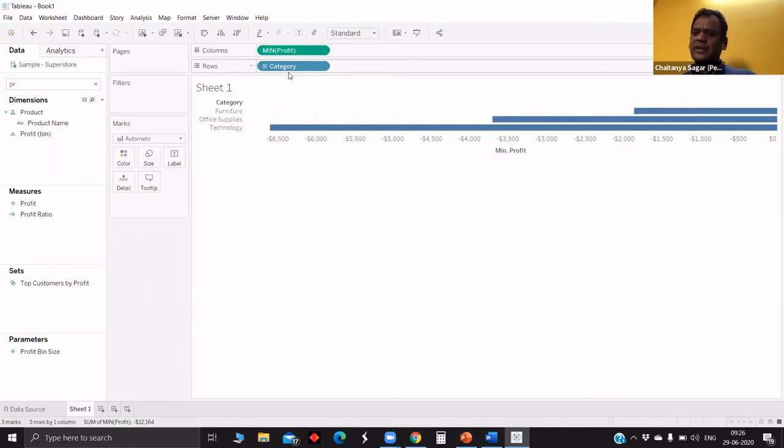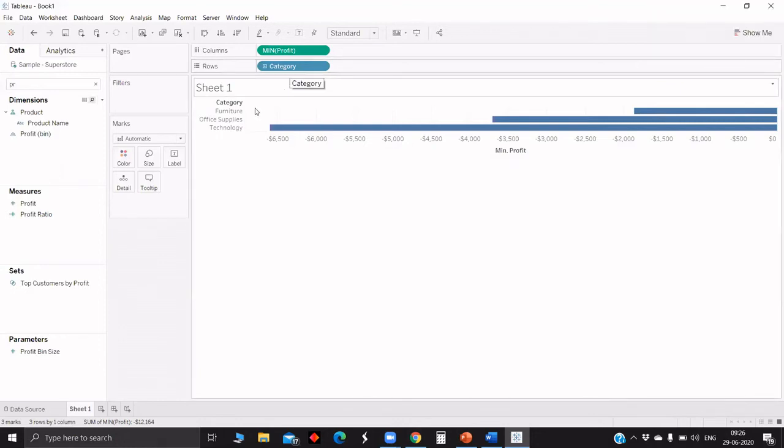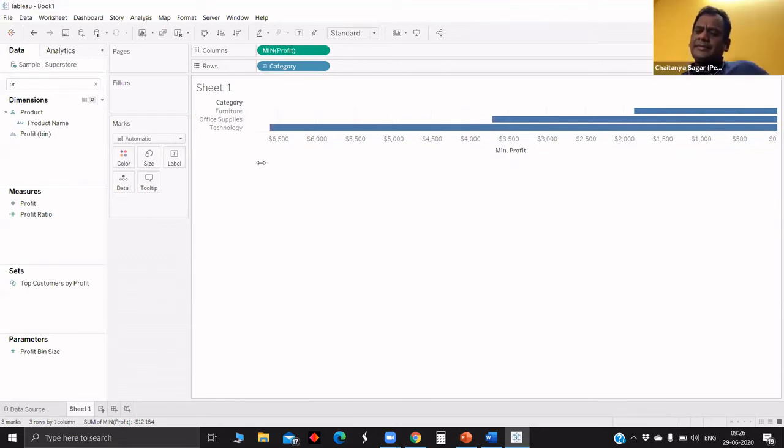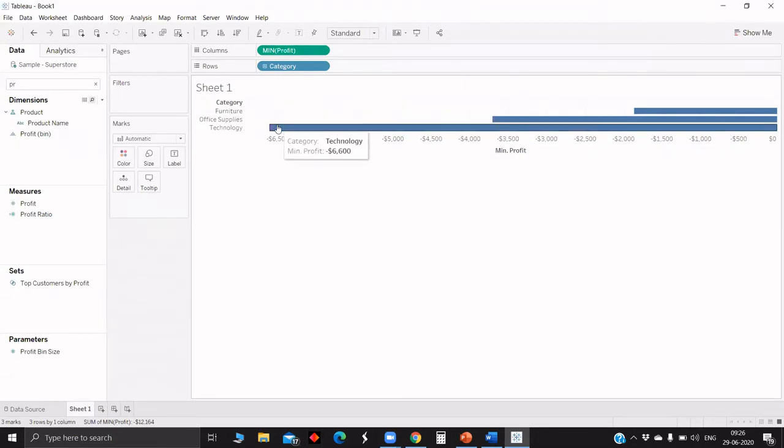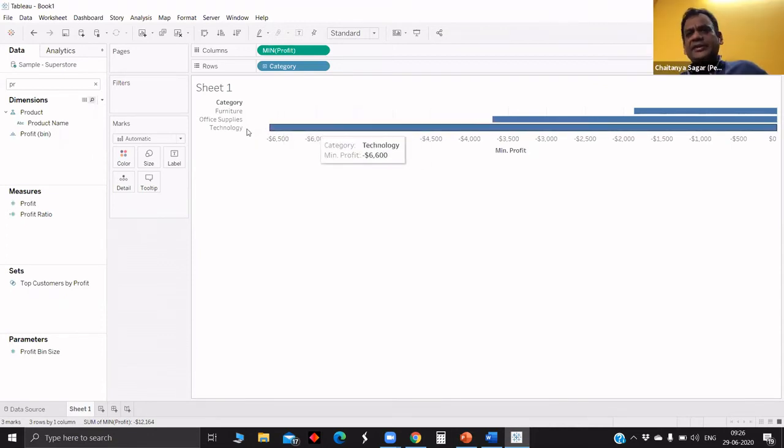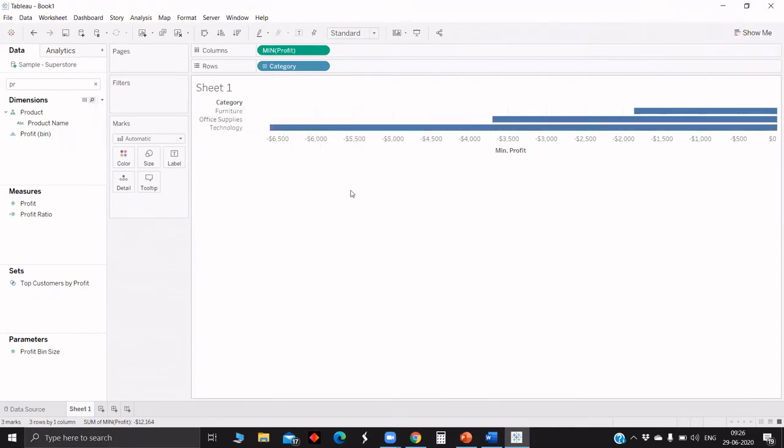Is that right? For example, if I want the minimum of the furniture category, then you write an LOD, and on top of it use the max or the min. Depends. Also, there is a need for LOD when furniture is not in the view specification. If it is there, then even if you write the LOD, it doesn't make any sense. If furniture is already in the view and you write the LOD, it doesn't make a difference, it's the same, because you already have the same subsegment. Okay, exactly. Understood.